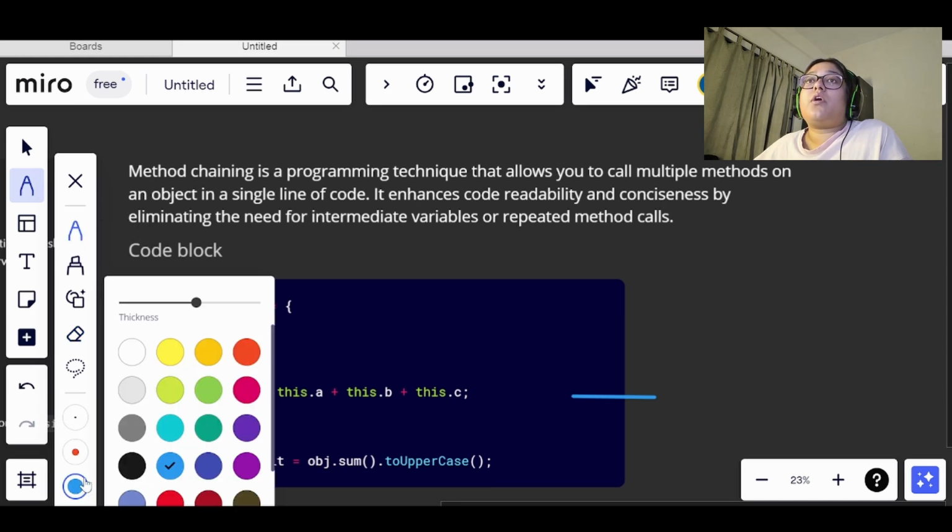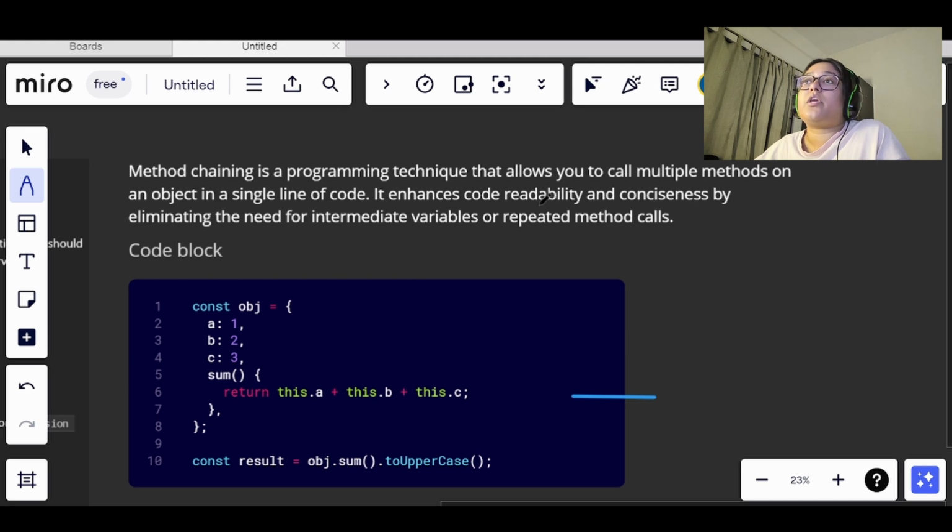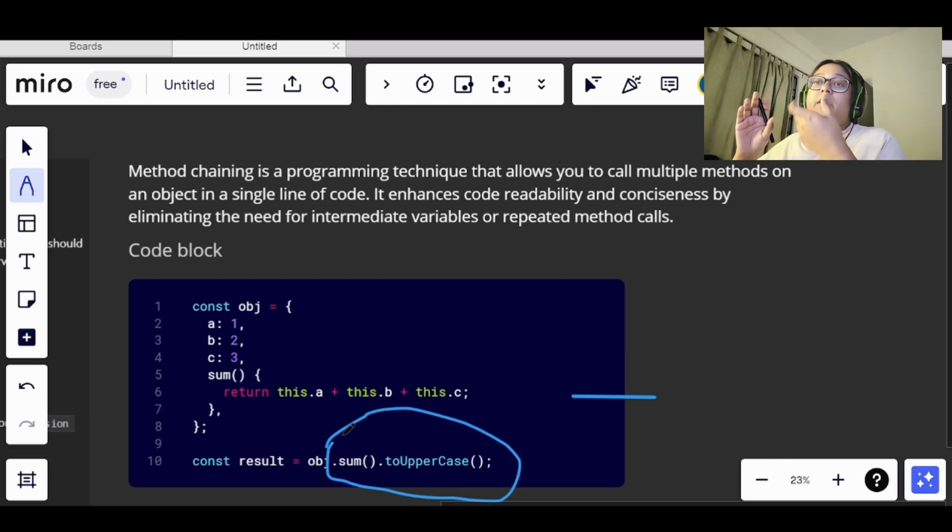It increases the readability of the code. We can see here it looks so concise. We have used the toUpperCase call in the same line, and it has reduced one line of code. This is basically used when we have repeated method calls.